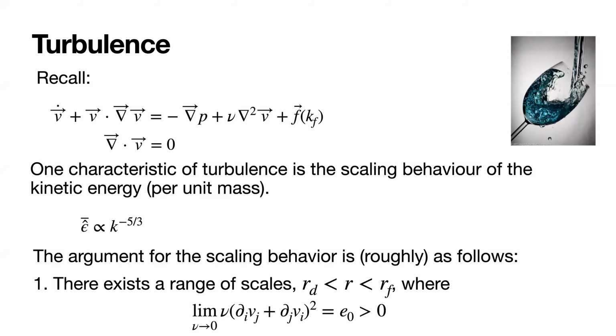Amos? Yes. In order to take the limit nu goes to zero, you need to specify not only what happens to nu in this limit, but also what happens to the other parameters, specifically the force and the initial conditions. So yes, you're right. Everything is going to depend on the force and the initial conditions. So the forcing is kept the same.